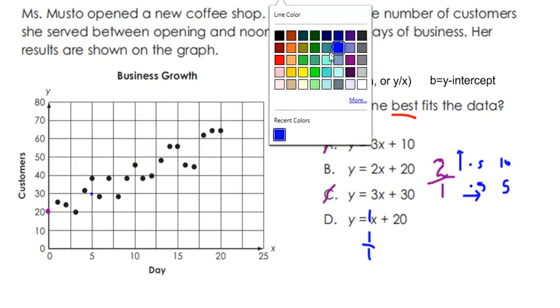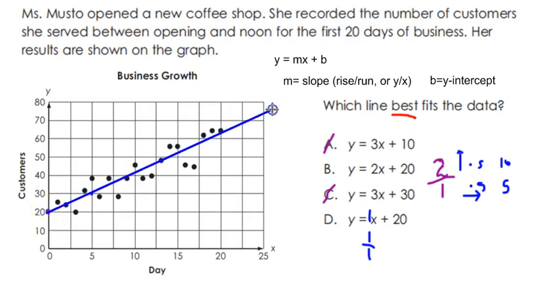Let me change the line color to blue. And let's just sketch it in there. It doesn't have to be perfect. Just there's our sketch for B. That's blue. And then for D, we had 20, but it's up 1 over 1. And again, we don't really have an up 1 over 1 type thing. It's up 10 over whatever. So reasoning it out, if it's up 1 over 1, it becomes up 10 over 10. So our dot would be up 10 over 10. And again, you have to be very careful of those